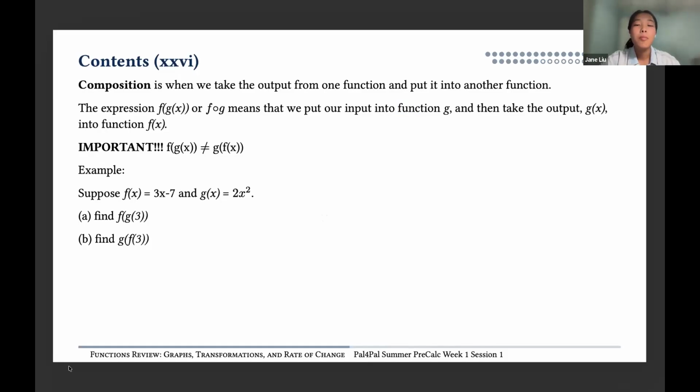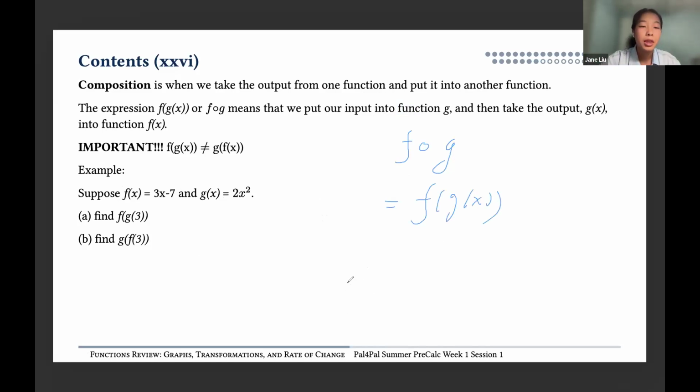However, in most cases, f of g of x is not going to equal g of f of x. If you want to calculate g of f of x, you need to put the x input into the function f first,